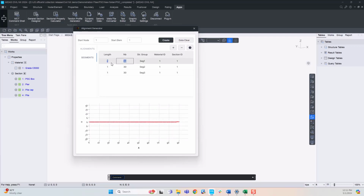Here I will give the length of each segment. In this case, my first and third segments are of length 60 feet, while the intermediate one is of 30. Then here you can see the material ID and section ID have been used and assigned for these segments. Coming to the alignment portion, again we will first set the length,